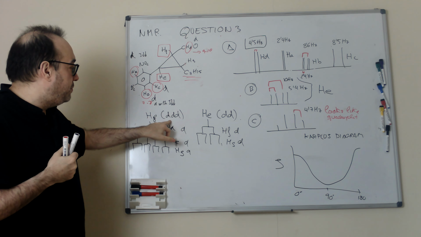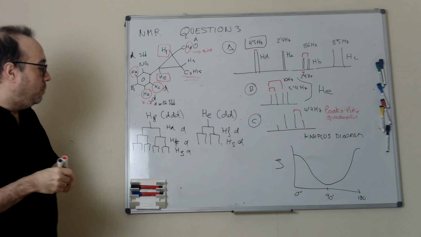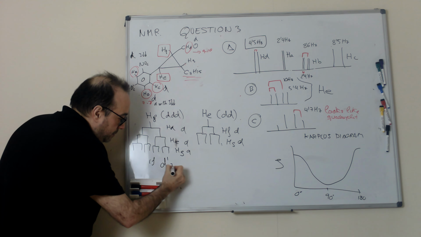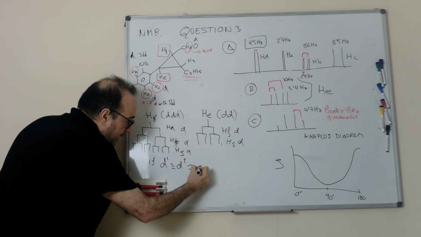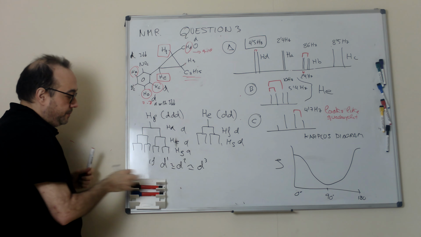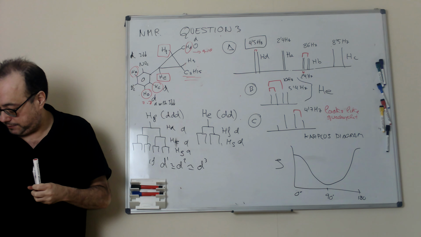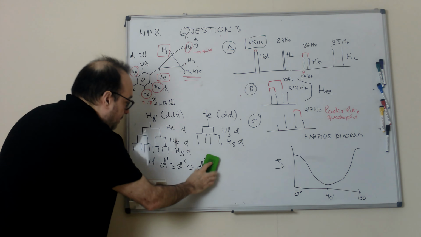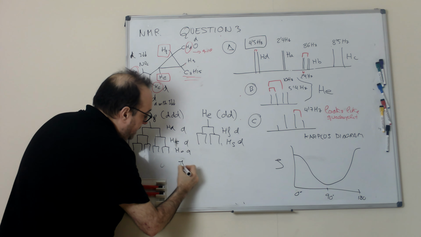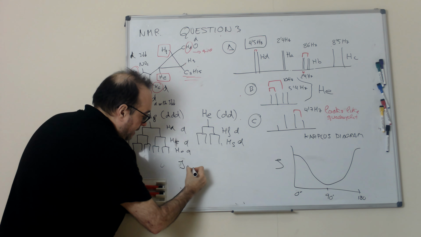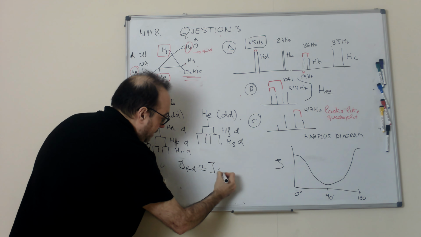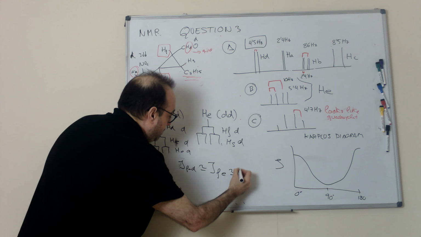If the coupling constants of these three doublets are quite similar, what we will see is, if the coupling constant JFD is similar to JFE and is similar to JHG,